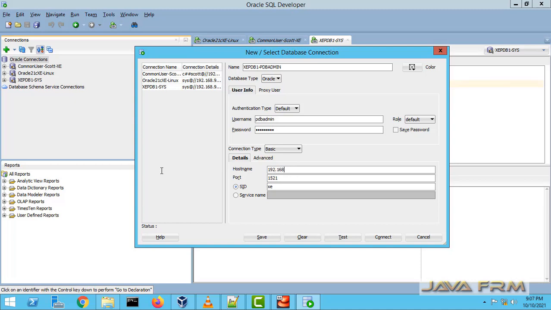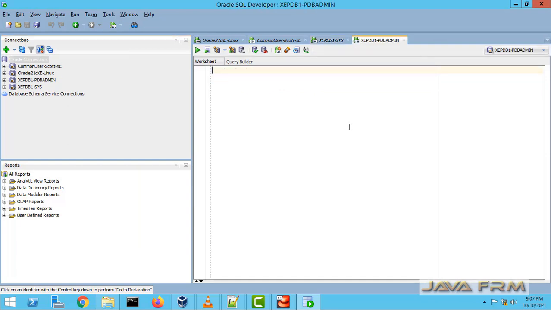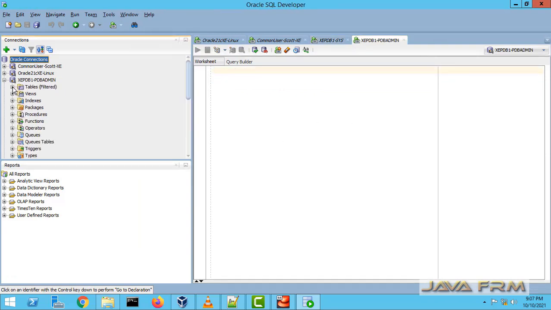Type the IP address of the Linux box. Okay, service name XEPDB1. By default, XEPDB1 will be up and running in Oracle Database 21c Express Edition. Okay, I am able to connect now.